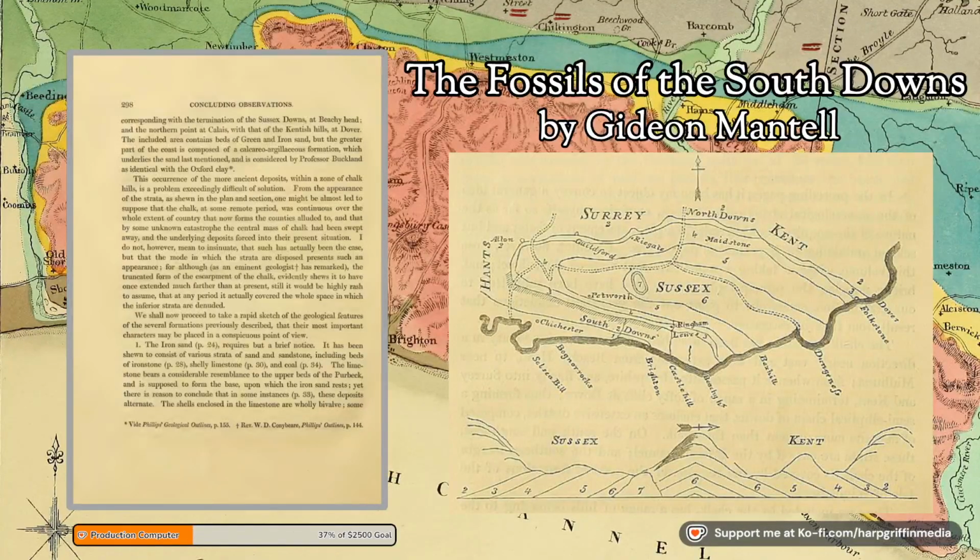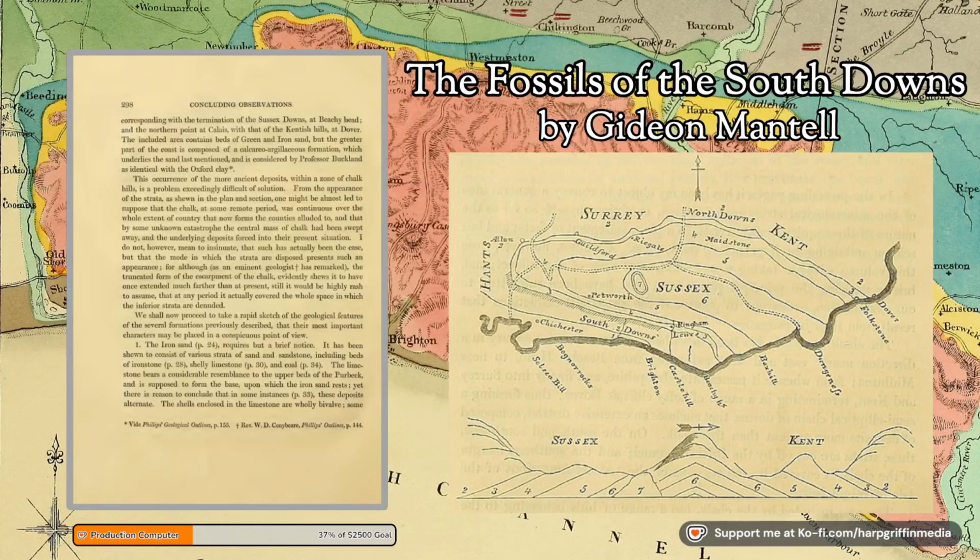This occurrence of the more ancient deposits within a zone of chalk hills is a problem exceedingly difficult of solution. From the appearance of the strata, as shown in the plan and section, one might be almost led to suppose that the chalk, at some remote period, was continuous over the whole extent of the country that now forms the counties alluded to,